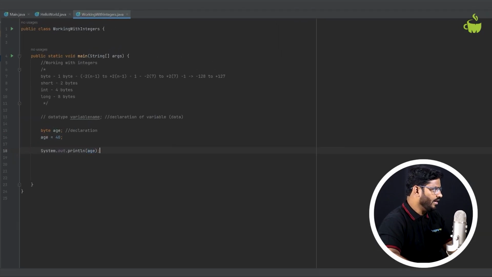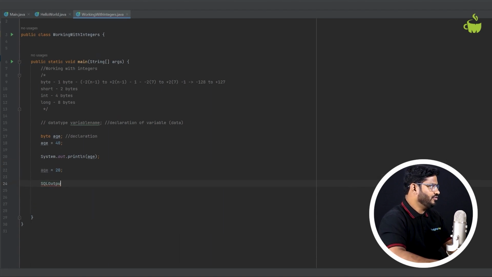Suppose after line number 18, I change this age to 20. Now what actually happens? Because this is a variable, the value can be changed at any point of time. Now the value of 40 will be replaced with a binary sequence of 20. Now after this, if I print sysout and then age,